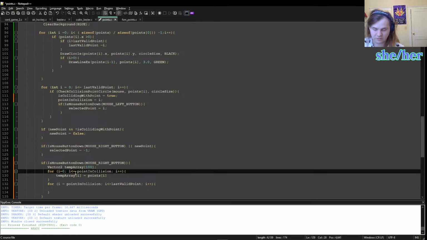Okay, so this can't be equal. It just has to be less than point in collision. So we hit until we go less than the point in collision. We just copy all that into the temporary, and then anything